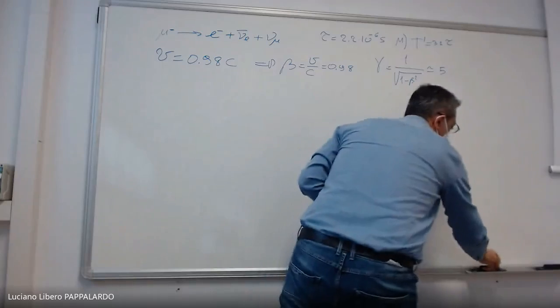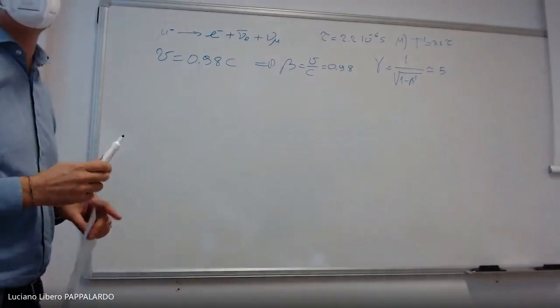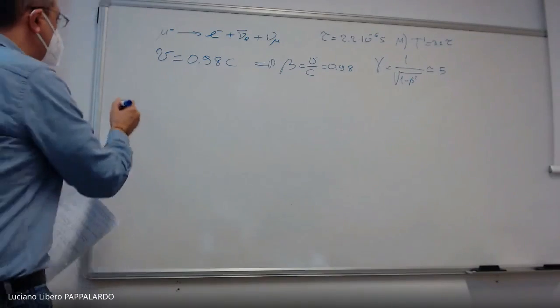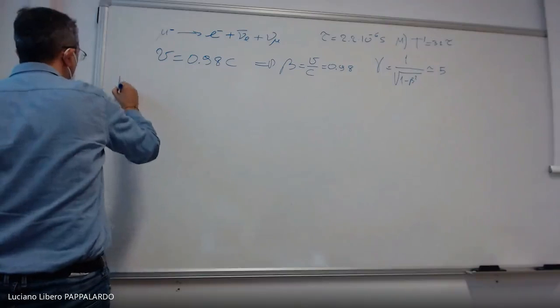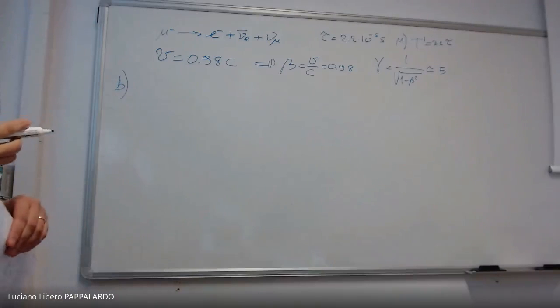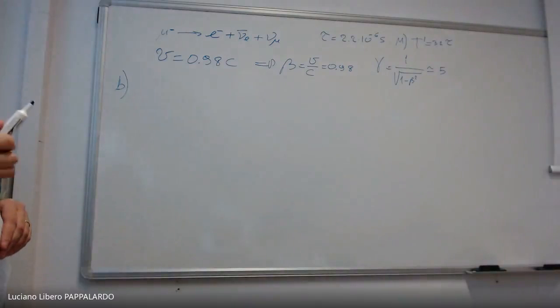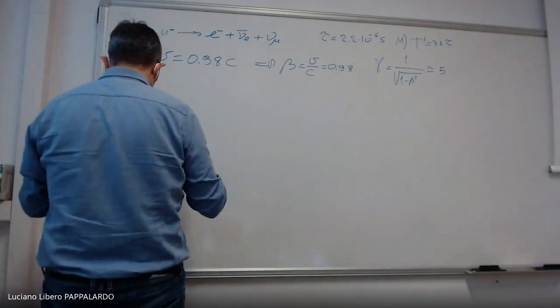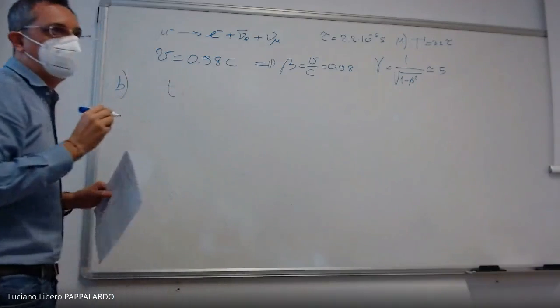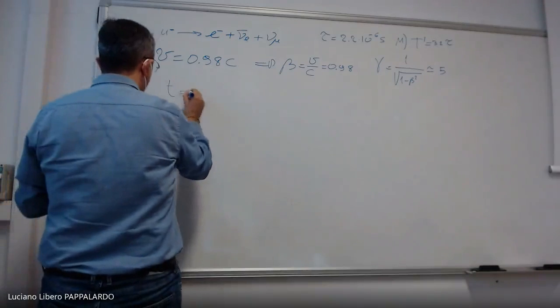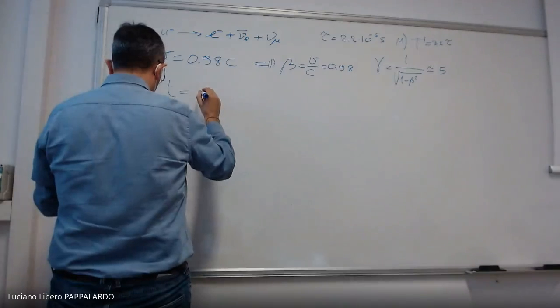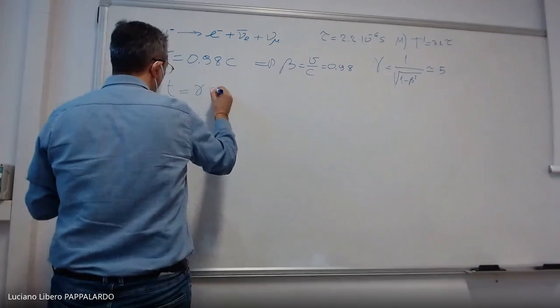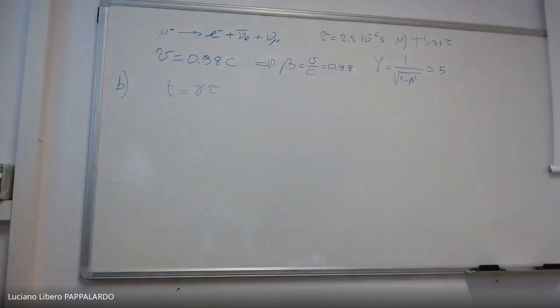Okay, let's now describe the same problem from the point of view of an observer which is at rest on the Earth surface, and so also at rest with respect to the atmosphere. So now the observer sees the atmosphere at rest and sees an incoming muon. As we've seen, the time is in this case dilated by a factor of gamma. So the observer at rest sees the muon decay time multiplied by gamma. So this is the muon decay time as seen by an observer at rest on Earth.